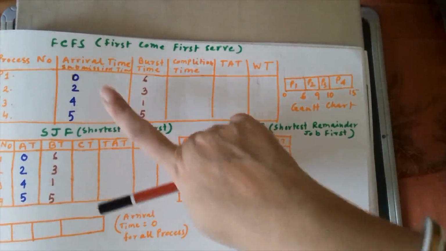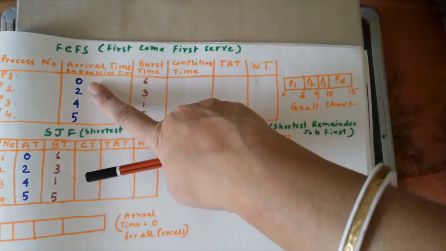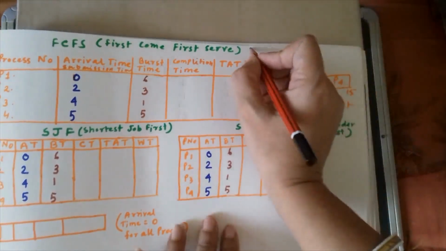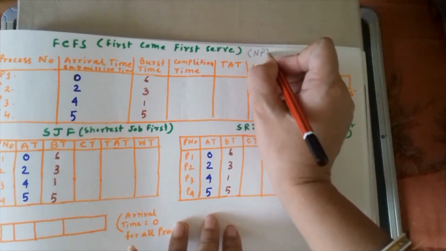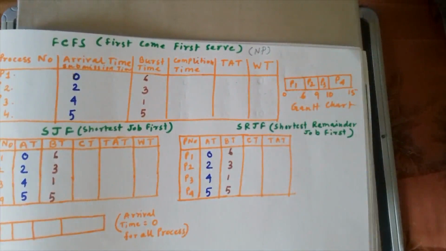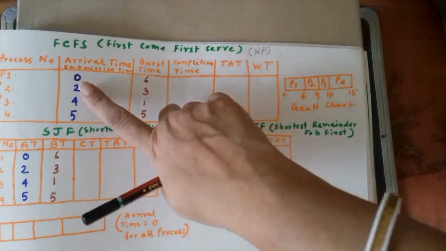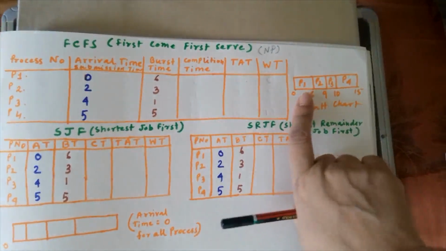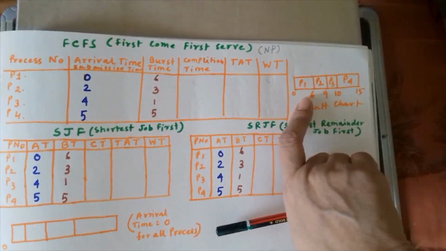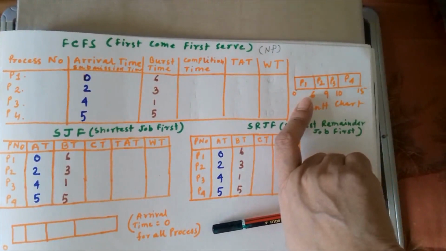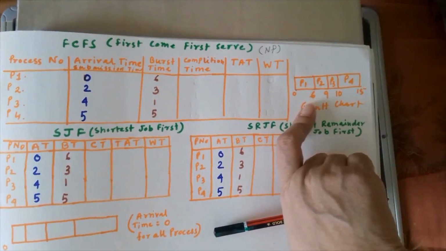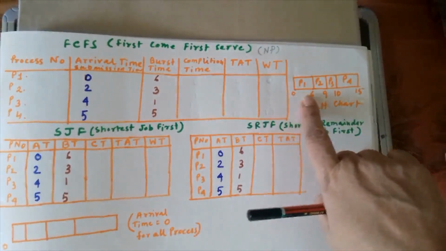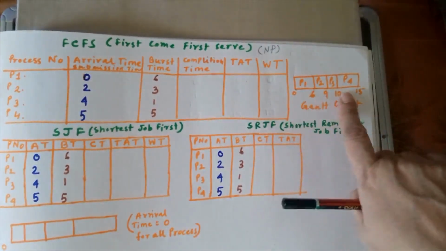Now we'll consider the arrival time. Please remember, here the mode we are considering is non-preemptive. Once the CPU is given, we cannot take the CPU back. At the 0th instance of time, we had only P1 in the system, so P1 will be taken for execution. As it is non-preemptive, once the CPU is given, it cannot be taken out. So how long will the CPU be given? This is the time the CPU is given to the process.